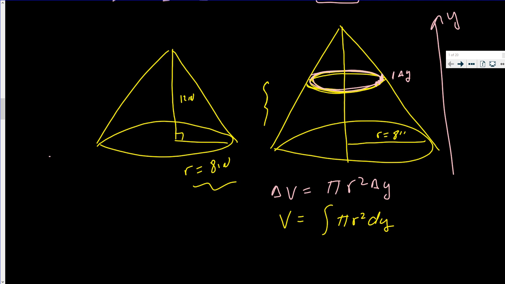But for this height, since I'm calling it y, for that height of y, my question is, what is r? Well, it's proportional. Y, this distance, is to r as